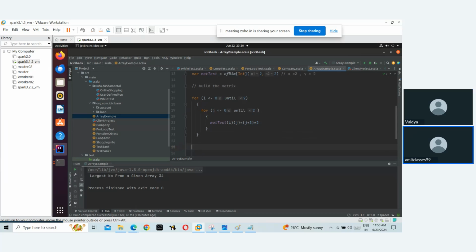Now I want to print this matrix. We have built the matrix, and I just want to check its values. So I want to print the matrix. Again we'll use the two loops. Now I've added the two loops here, so again I'll come back here and say